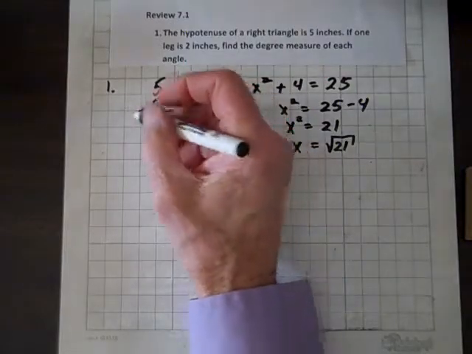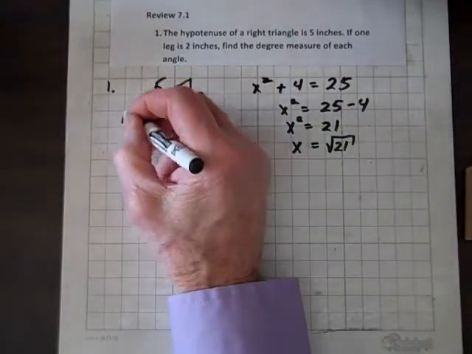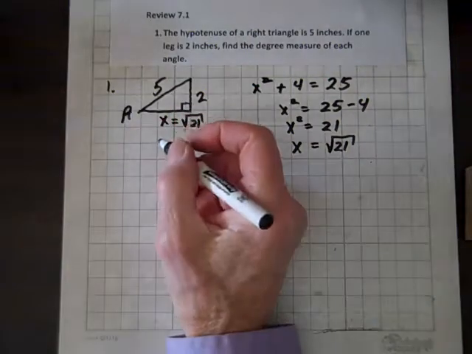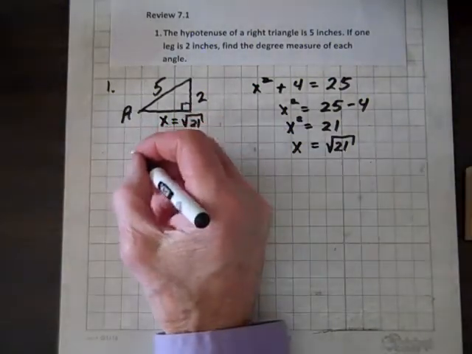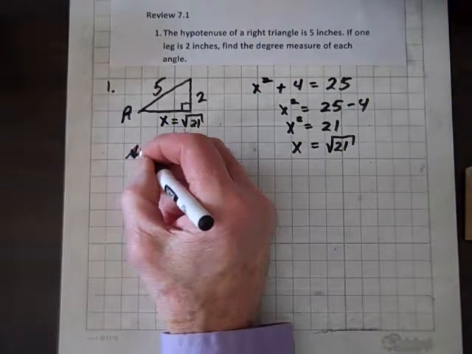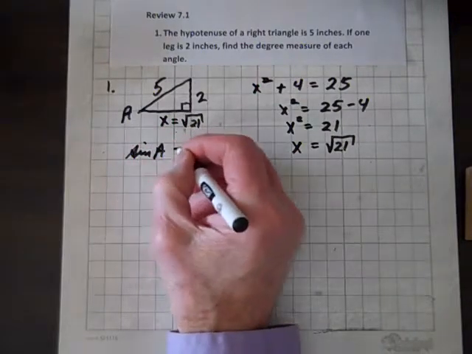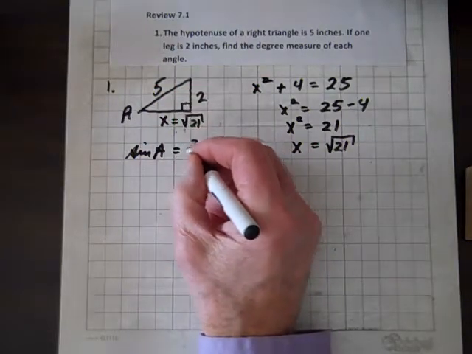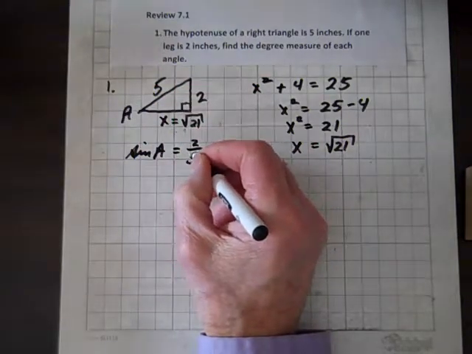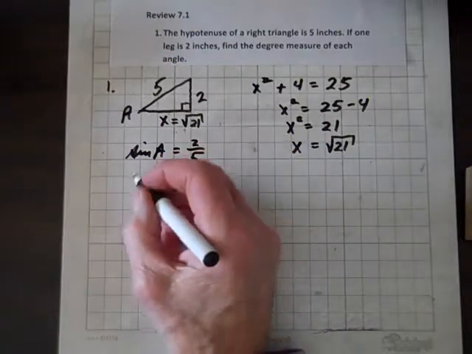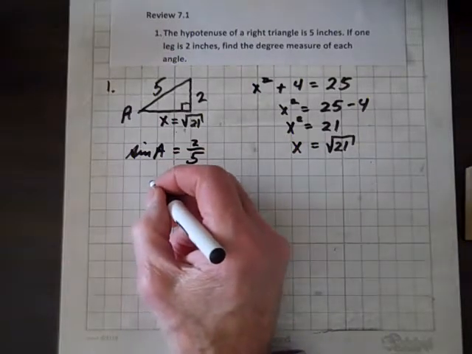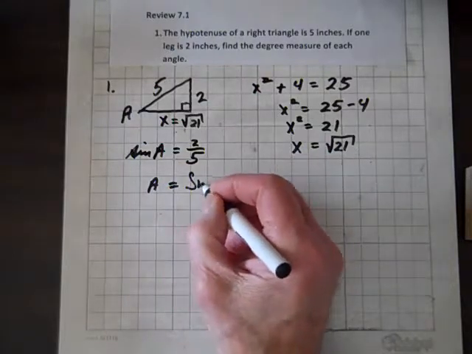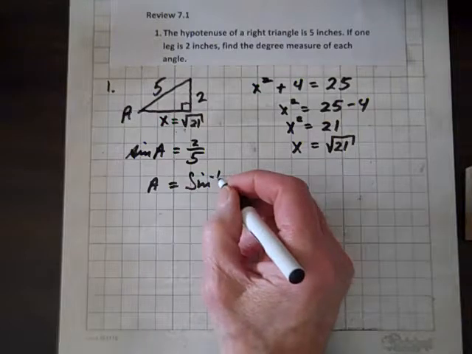Now let's call this angle A. And so we know for angle A, the sine of A equals 2 over 5. And so now to isolate A, we'll take the inverse sine of both sides, and the inverse sine of 2/5,